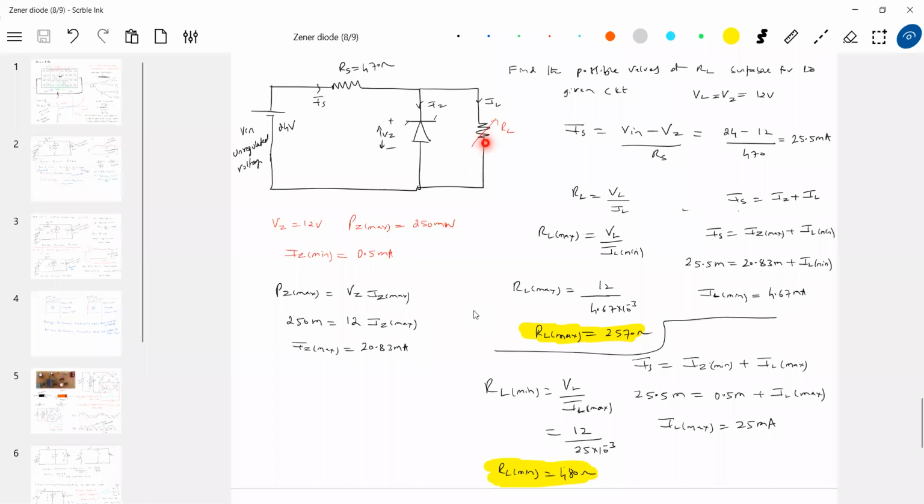Suppose you are using an Apple iPhone, it is better to go for the Apple iPhone's charger. I know they're very costly, but what is the cost of that one? 2,000. The phone costs 70,000. Okay, we can compromise. You come for Samsung. If you come for Samsung, mobile costs 20,000, chargers 300, 400, 500.